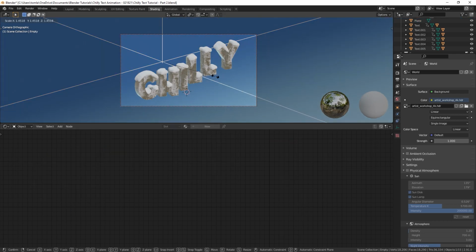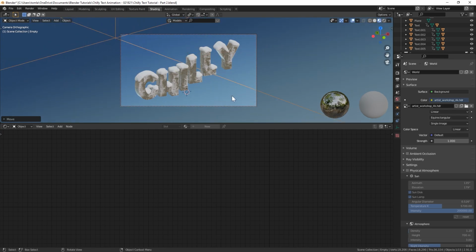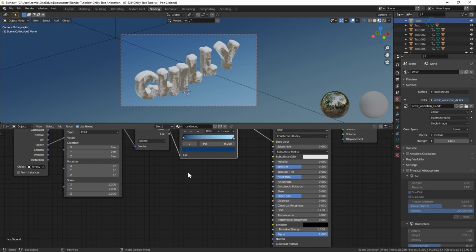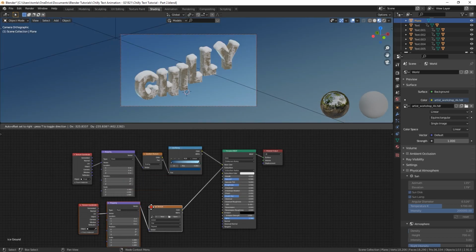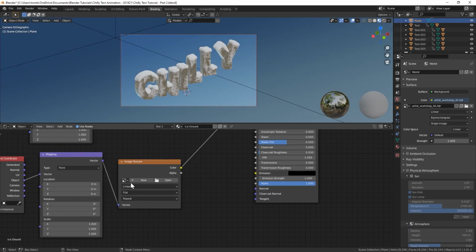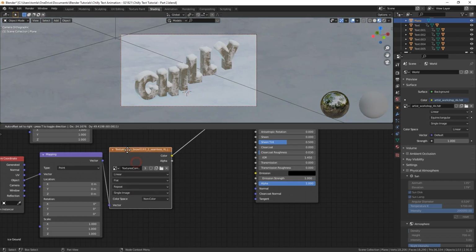And then I'm going to adjust our gradient a little more, just scale it up and move it back a little. I just want it to be darker back here and lighter up front. So once we've done that, we can go ahead and click on our principled BSDF again, hit Control T, bring in another set of these. We're going to change this to object again. And then for our image texture, we're going to choose the snow texture that we had before.